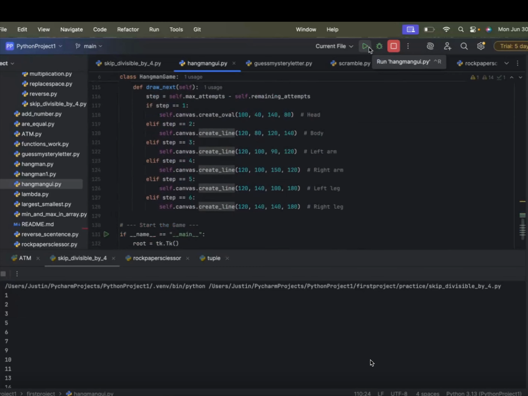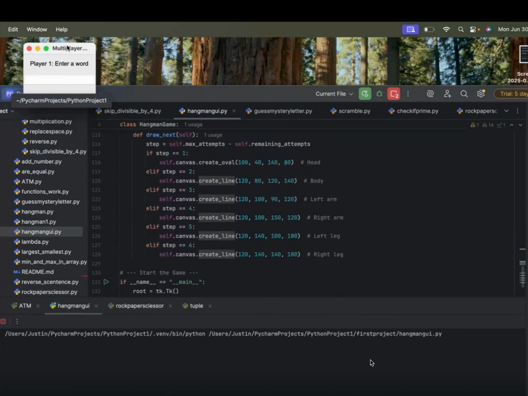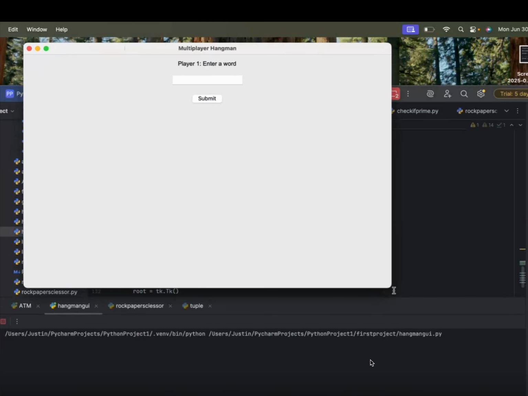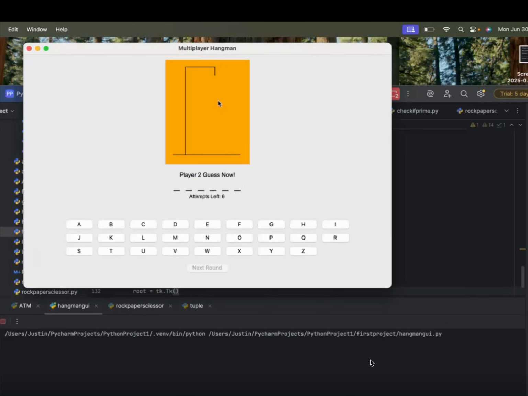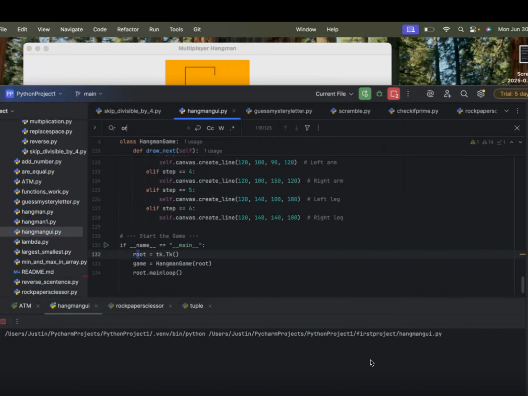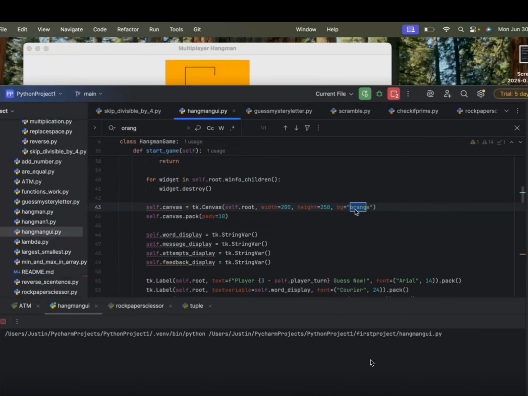So let's try playing it. Okay. So it should pop up a new window. Okay, so I'm going to enter a word. Okay, and then you can change the color. Like if you want the canvas to be a different color, you can change